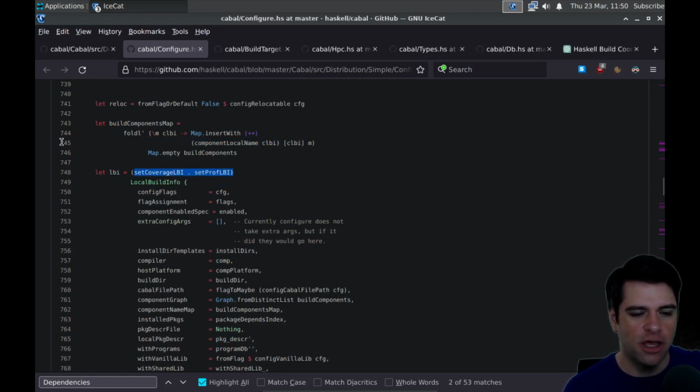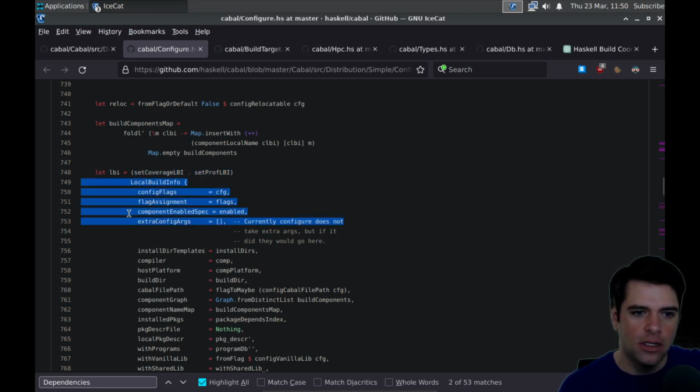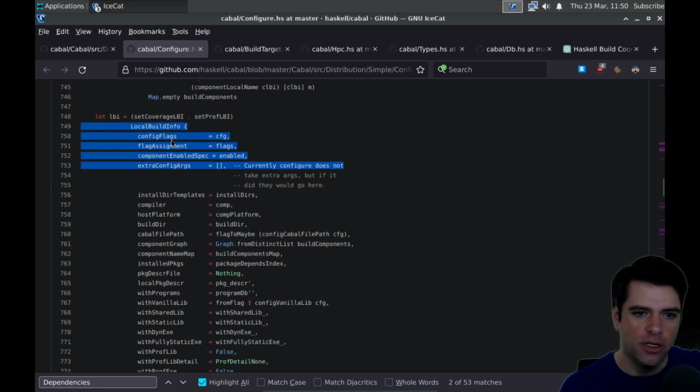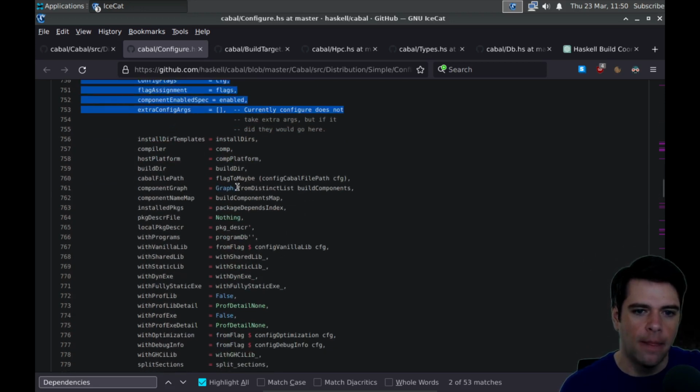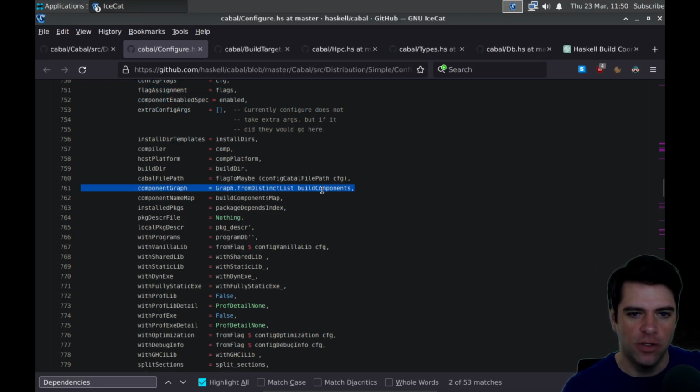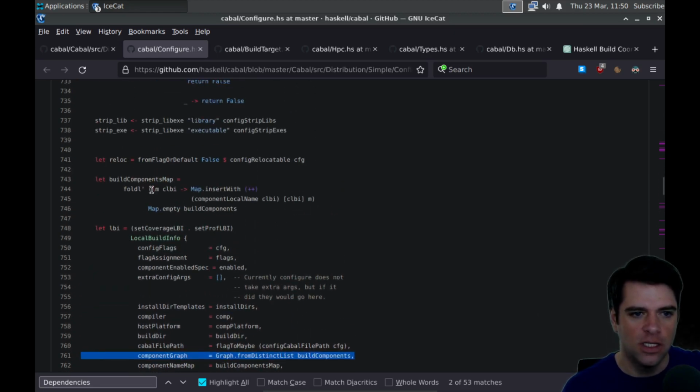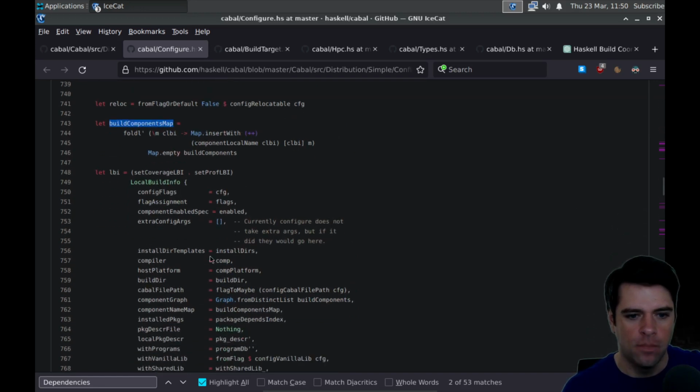We've got coverage stuff and profiling stuff. And this is defining like a local build info node. And the component graph is graph that from distinct list build components. These build components map is here. And we're going to set the component name map to be equal to build components map.